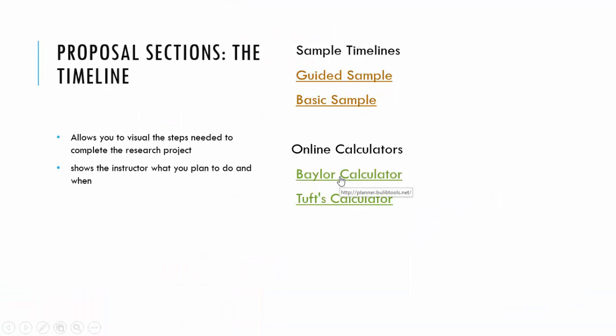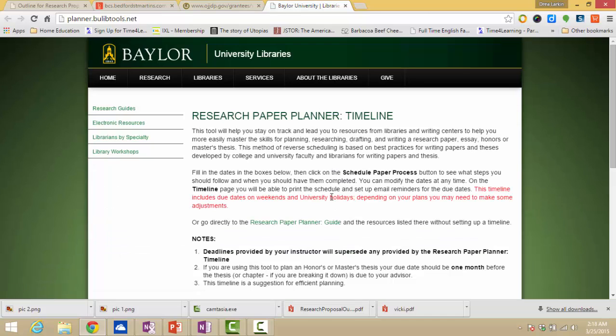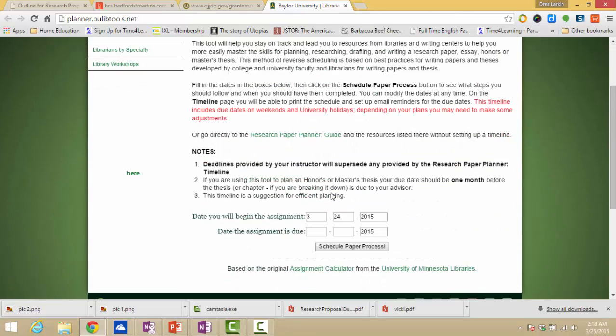Now, like I said before, there are some online calculators that you can use that can help you determine what your timeline is. So this is from Baylor University in Texas. And you will notice it asks, when will you begin the assignment?